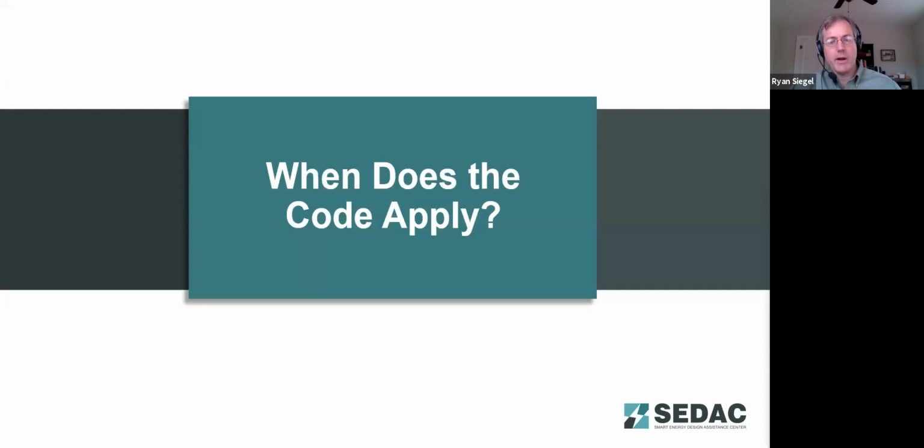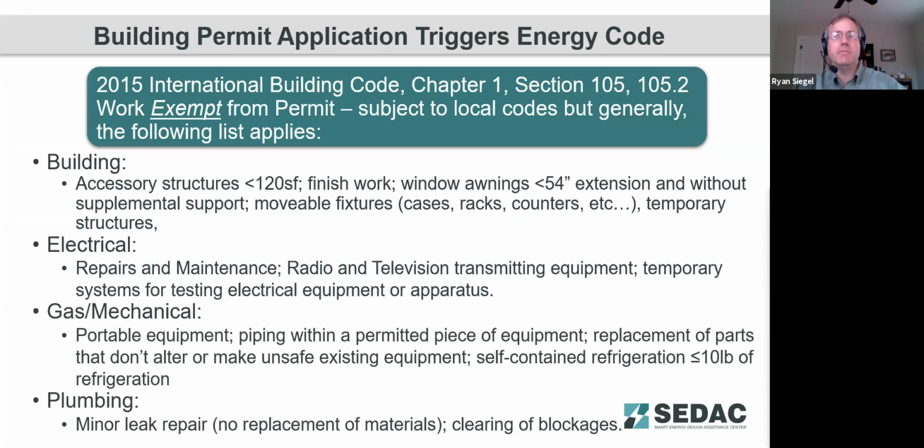So looking at when the Illinois Energy Conservation Code is triggered, one of the typical triggers is if a building permit application is required. In the event that a building permit application is required, then that modification will likely need to comply with the Illinois Energy Conservation Code. The International Building Code, which is in use by most jurisdictions around the state of Illinois,